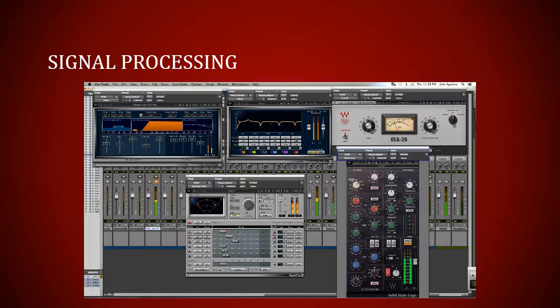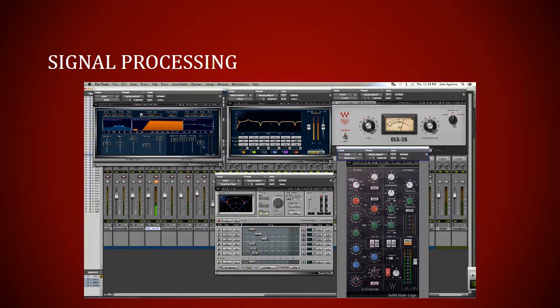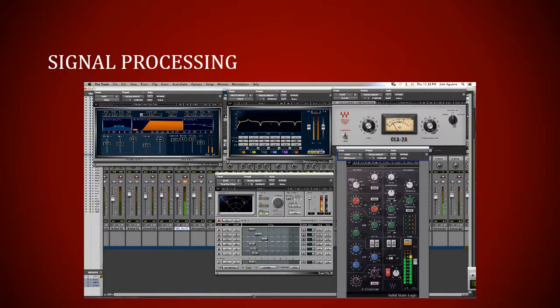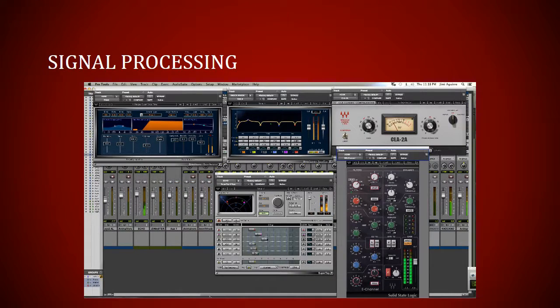And then on the far left, you have a reverb that's used to kind of create the illusion that it was recorded in, say, like a hall or something like that. And this is all done within the box within Pro Tools. So all these different signal processing tools are in the Pro Tools software package, and it's kind of modular as well, so you can add different tools, you can have fewer tools. So they do get pricey, but if you find a plugin that you love, you can just buy that,